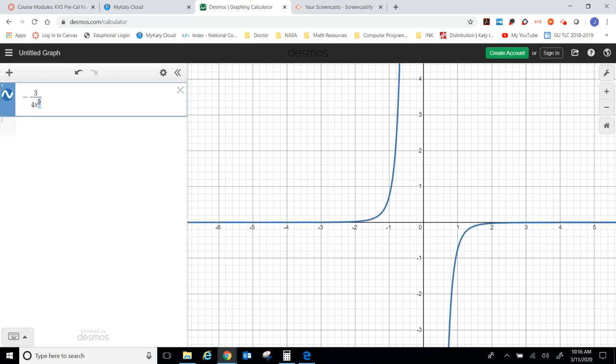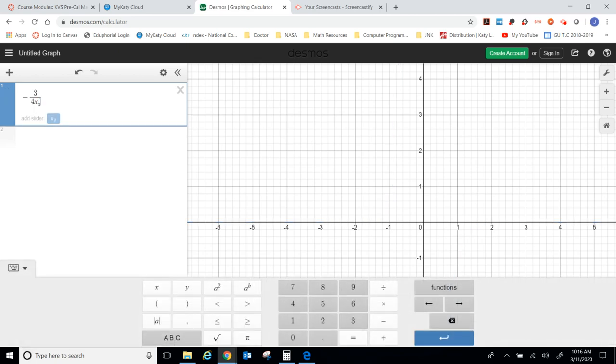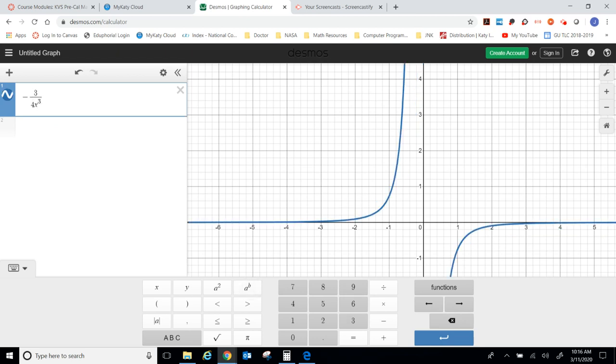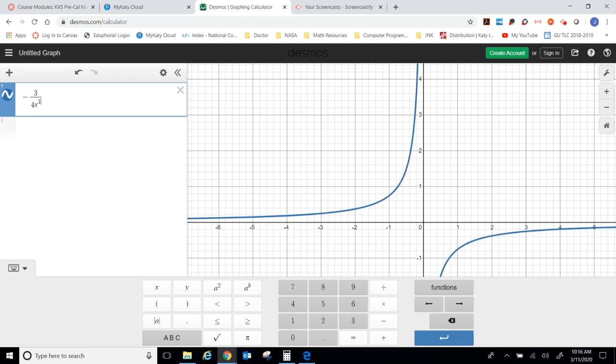So let's see, if we had just say negative 4x cubed, does that change anything? Well, it does when you put it there. Let's try this. Negative 4x cubed, nope. What if it was just negative 4x to the first power? Nope. See how everything's up there? It pulls it away a little bit, but the shape of the graph is the same. So if we have an odd degree, and if I take away this negative piece of it, if we have an odd degree function,